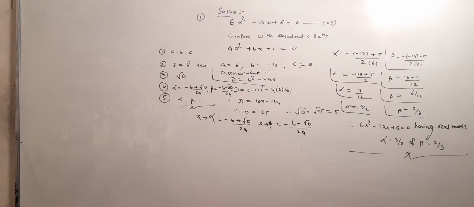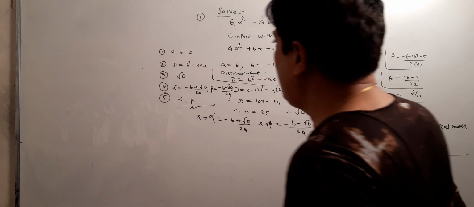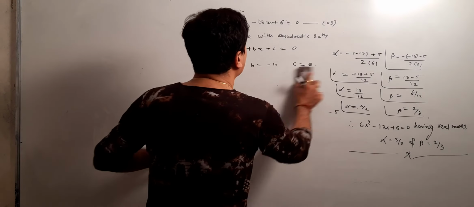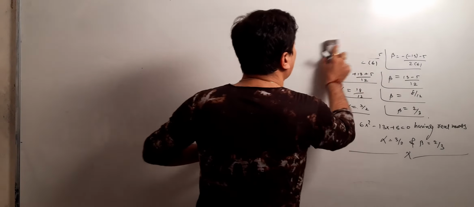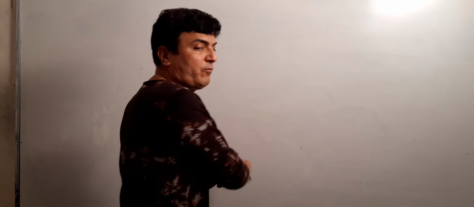Alpha value is minus b plus root D upon 2a, and beta value is minus b minus root D upon 2a. Okay. Ready? And we put the values of a, b, D. You get the values of alpha and beta in that manner. Understand what I say? Take the 5 steps properly. Also you keep in mind the squares of 1 to 25.